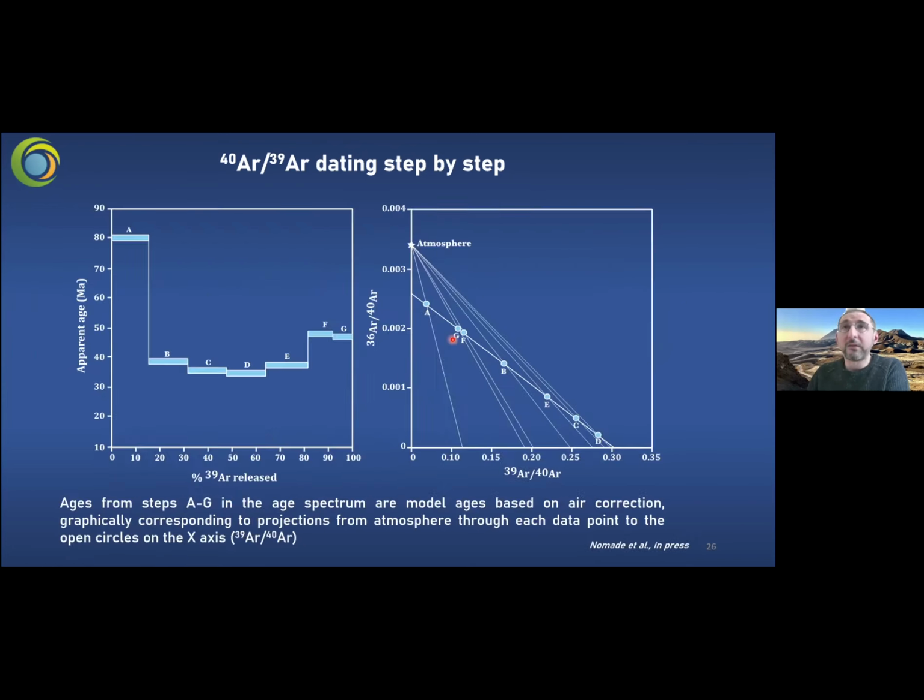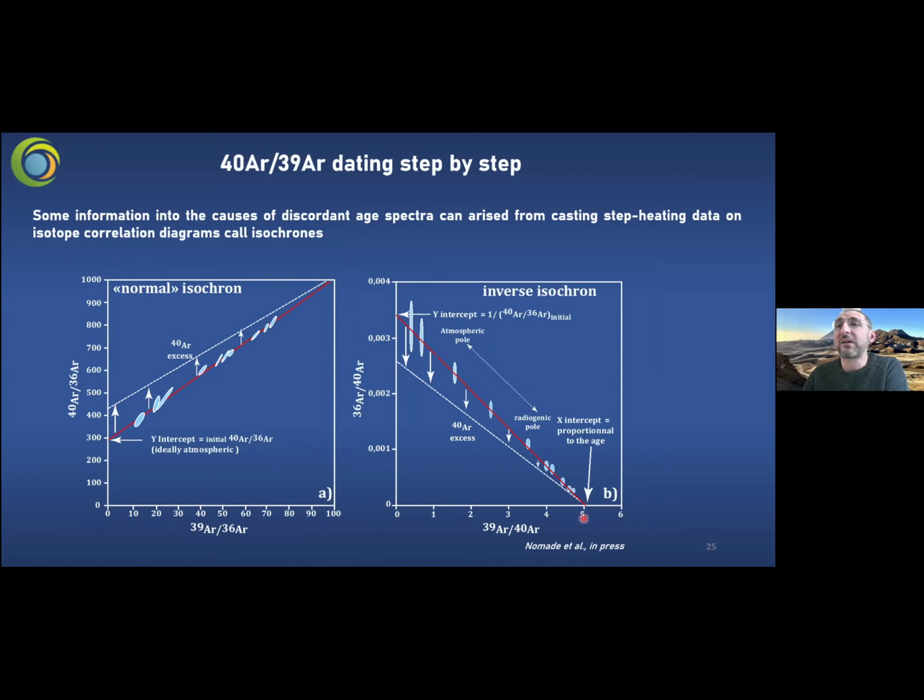Let me show you here, for instance: this is the radiogenic pole, this is the atmospheric pole. If everything is aligned in a perfect way, you always have an initial 40-36 ratio intercept that is atmospheric. But in some cases, the rock is not equilibrated with the atmosphere. So we can control whether at T0 our rock or minerals have been equilibrated with the atmosphere. It's just a way to control things, and you always have to control these things. I will show you another example.